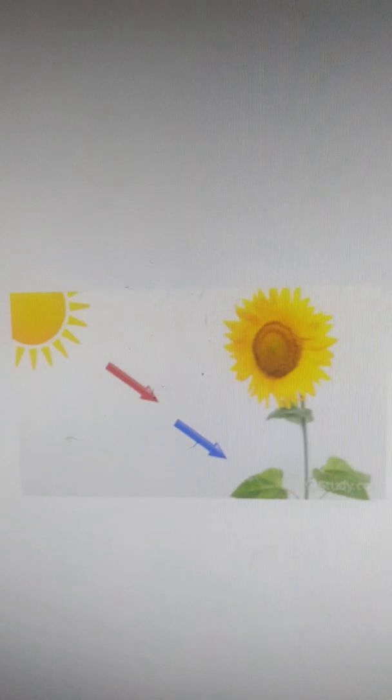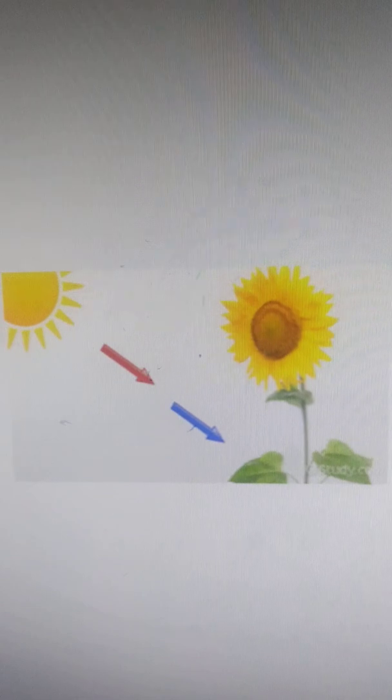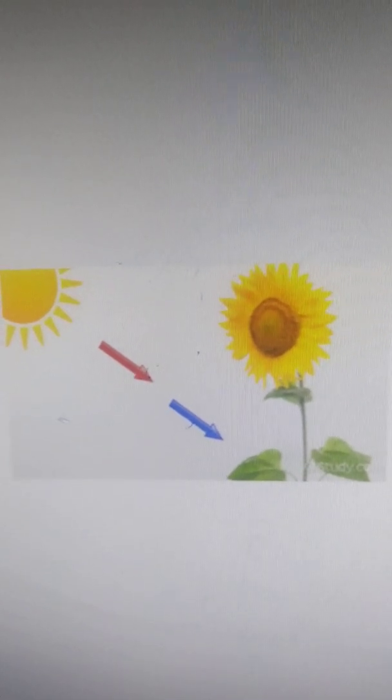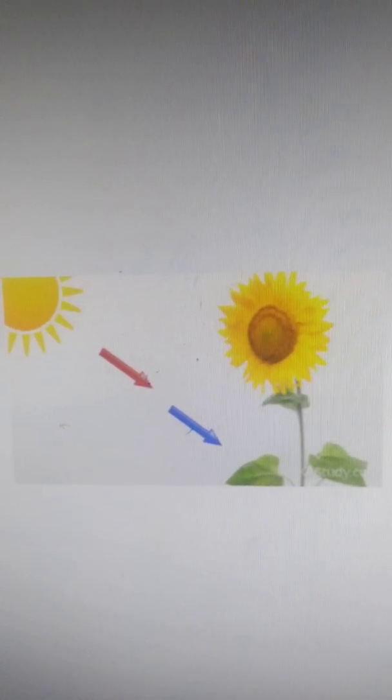Chlorophyll is a green substance which is present in the leaves of plants. It is the presence of chlorophyll which makes leaves of plants look green. Chlorophyll can absorb the energy from sunlight. The sunlight energy absorbed by the chlorophyll is used to combine carbon dioxide and water in the green leaves to produce food like glucose.